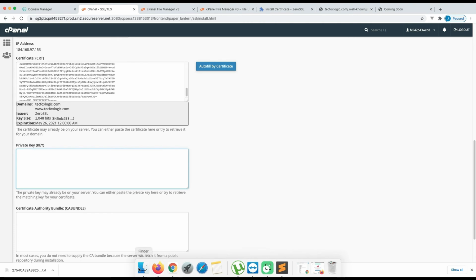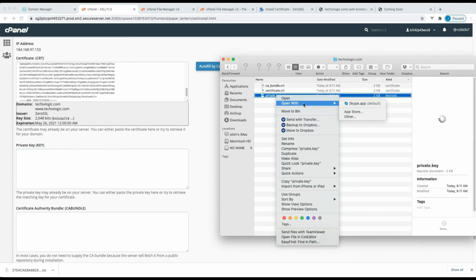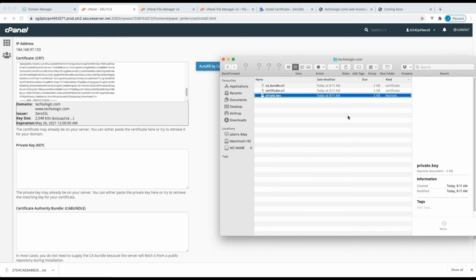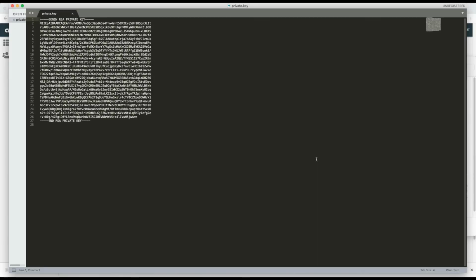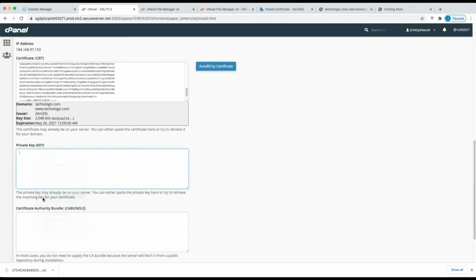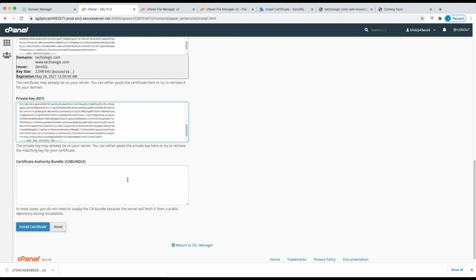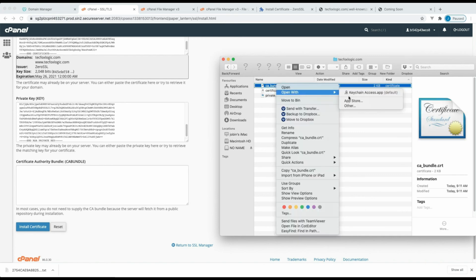Next, the private key file. Open it. Copy and paste the private key. Finally, CA bundle.